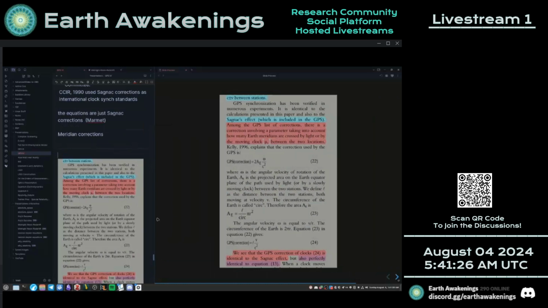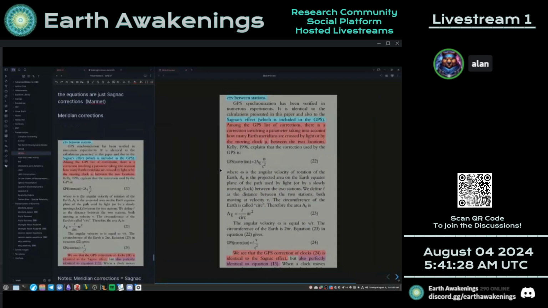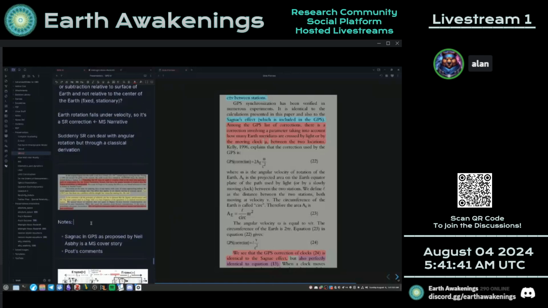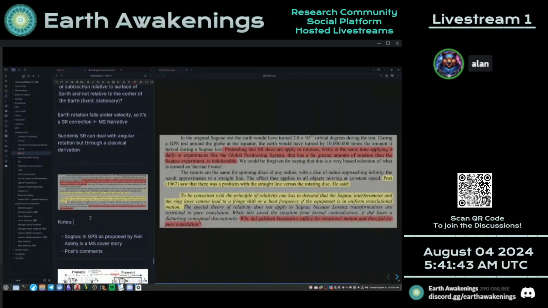So this is going over the meridian corrections for the clocks over ground stations, just reiterating the same thing. So here we're looking at the equations where they're accounting for Earth rotation plus space vehicle. And it's just things that they're not supposed to be correcting for if the theory of relativity is true. And then here we have Ron Hatch, or I'm sorry, not Ron Hatch. This is A.G. Kelly speaking on interferometry and rotating systems and stuff, because they go as far as to say